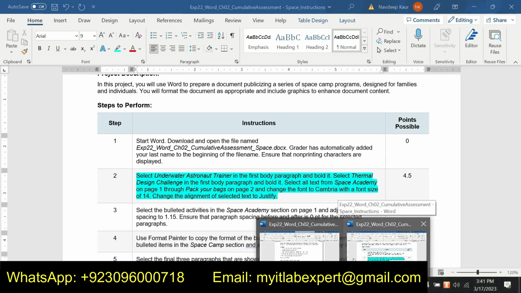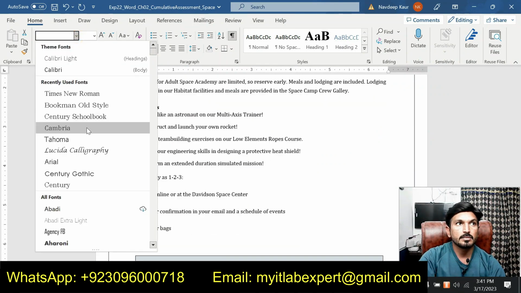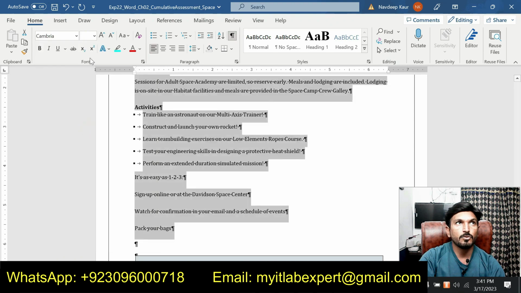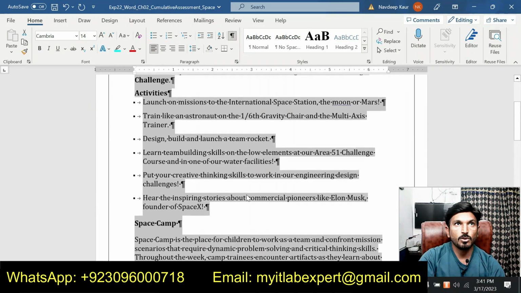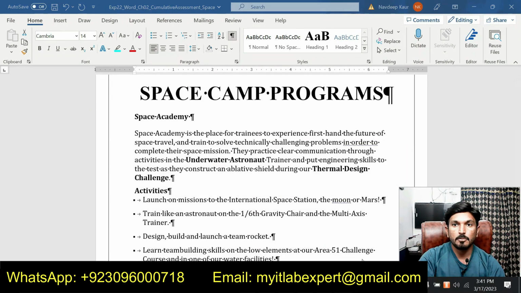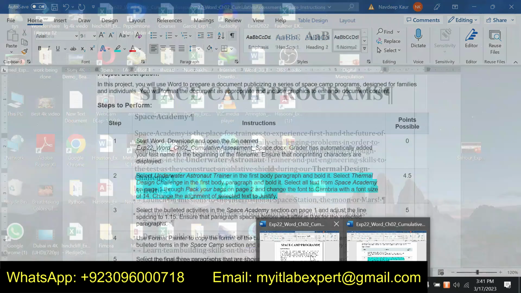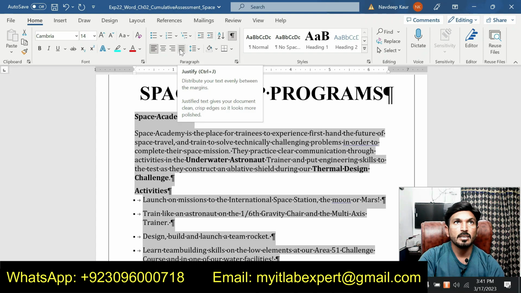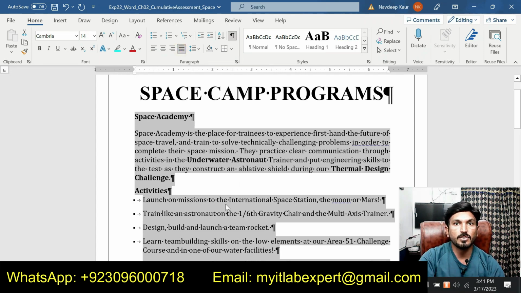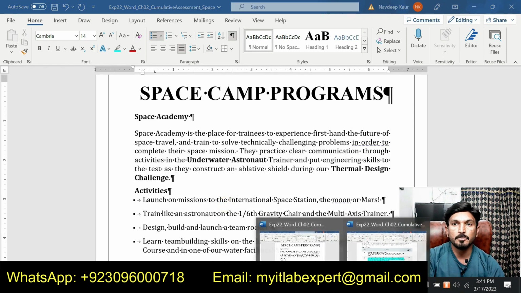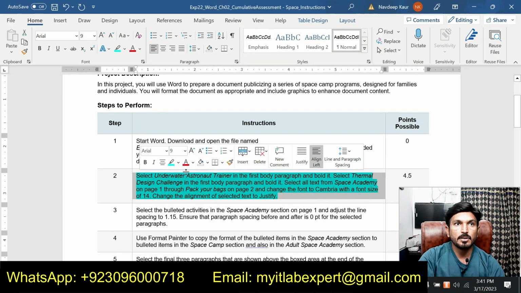And we are supposed to change the font to Cambria with the font size of 14. We will change the font to Cambria, select Cambria, this one, and font size to 14, this one. After that we are supposed to make the alignment justify. This is given here. So we will change the alignment of the selected text to justify. Go to the paragraph tab and click on justify. So this text will be justified. So we are done with step number 2 and now we will move to our next step, that is step